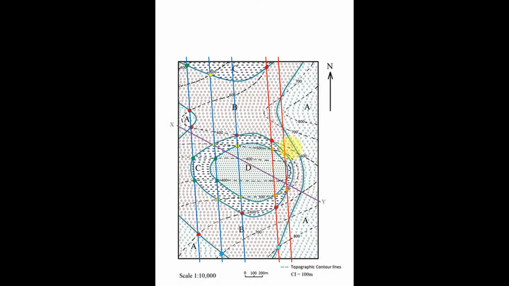Okay, so now we have on the same strike line, let us plot other points as well. So we have this 400 which is there at these 2 points, and we have 700 here, and we have 700 here as well. Then the next strike line would be, you can see that the 600 is cutting this AB junction at this point and this point. So we can pass a strike line, and now you can see that these strike lines are actually equidistant to each other. It means that the dip across that side is same.